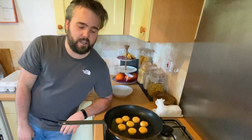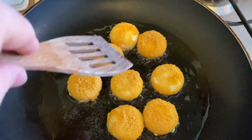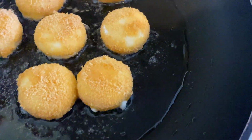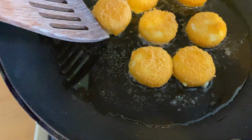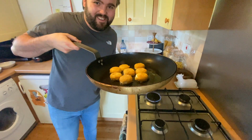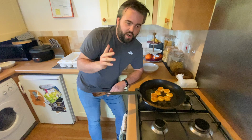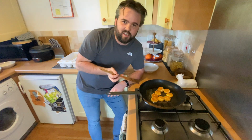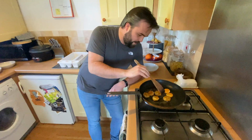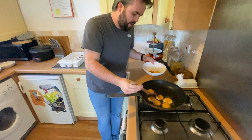So what, I'm just knocking up some Baby Bels. They are cooking away nicely there in the oil. As you can see, you don't actually need that much oil, just enough to kind of cover the base of the pan. Come on, look at that, everyone. They're lovely, they're looking good. Let's flip them over. Make sure you put enough breadcrumbs on, because as you can probably see on that one there, the cheese is actually starting to break out. It's starting to break free. Cheese breaking free. Pop them in a bowl, and I would probably say let them cool for a bit, because